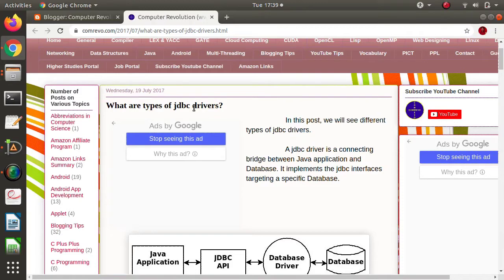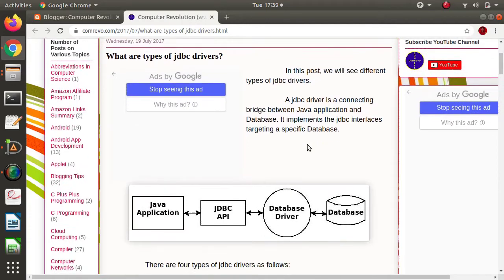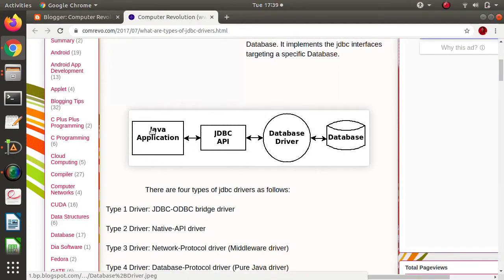Now in this video we are discussing JDBC drivers. Here, JDBC stands for Java Database Connectivity. This is the application that we have written in the Java language, and this is the database. Now, we want to perform operations over the database.